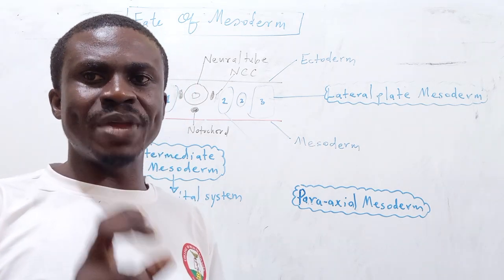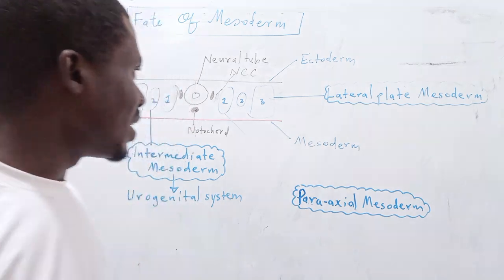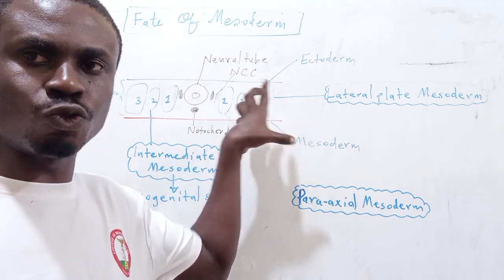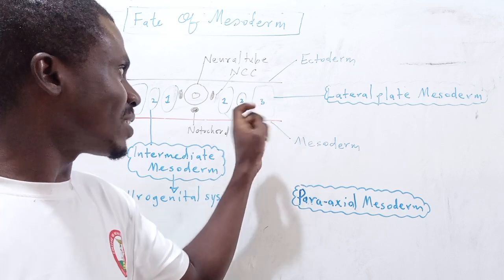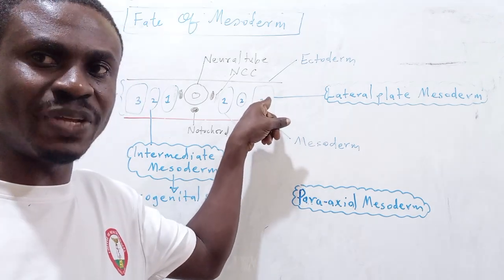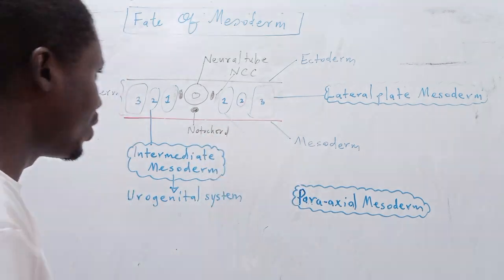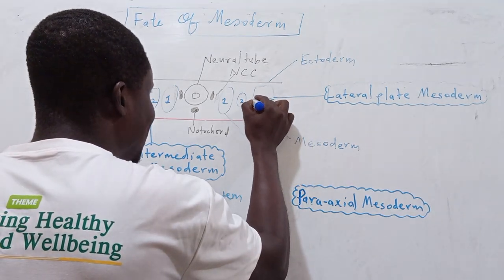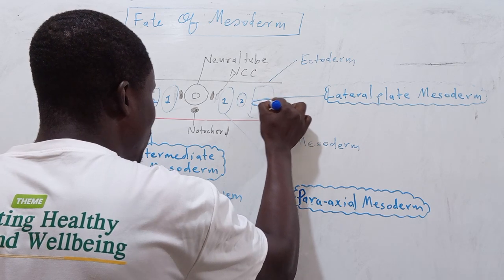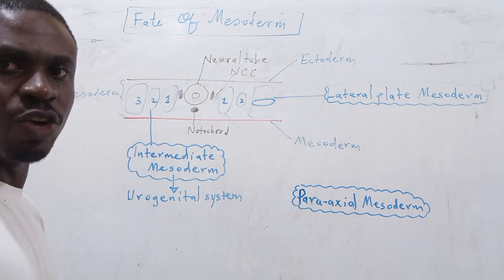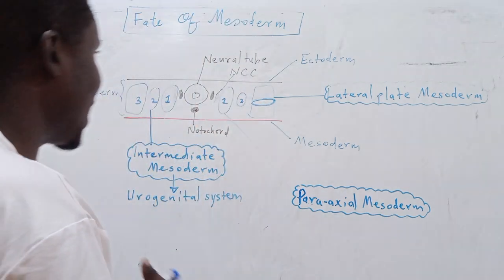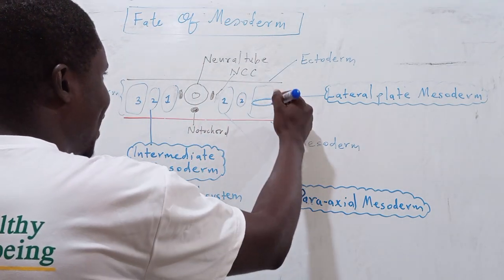Now one thing I want you to be aware of is that this lateral plate mesoderm, something also happens to it. Something again will happen to this lateral plate mesoderm. Let me show you that just now. Now, this lateral plate mesoderm number 3 over here, there will be a coelom formed eventually within it. There will be a coelom, and that coelom is the cavity we are talking about. And that cavity will ensure that,